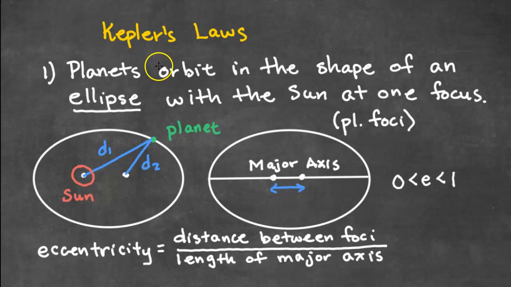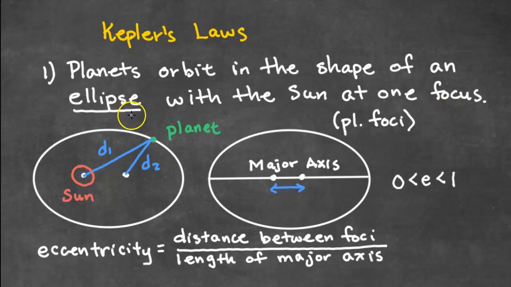In this video, we're going to cover Kepler's 3 laws of planetary motion. And at the end, you'll also learn about Tycho Brahe and how he ended up with a brass nose. But first, Kepler's first law states that planets orbit in the shape of an ellipse with the sun at one